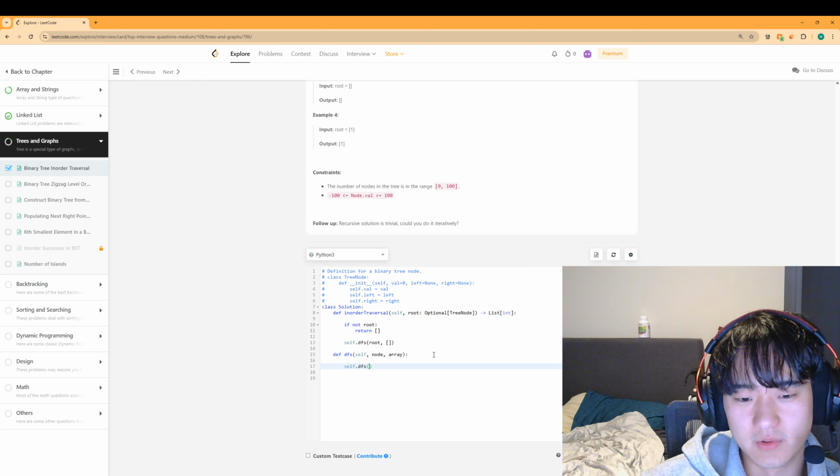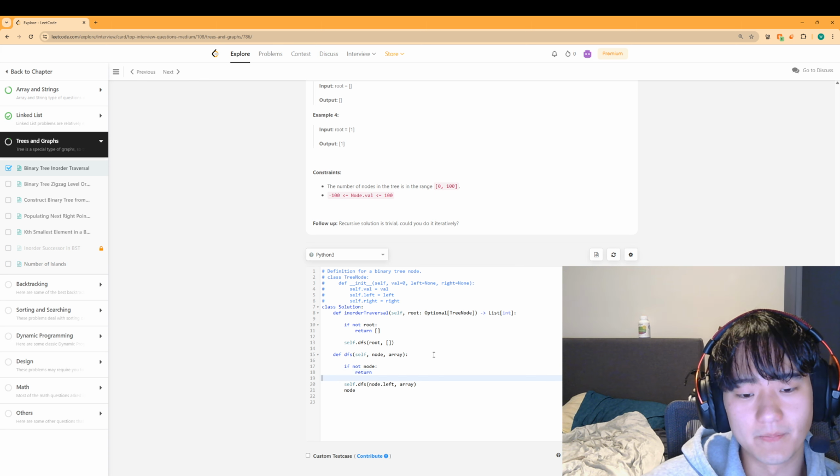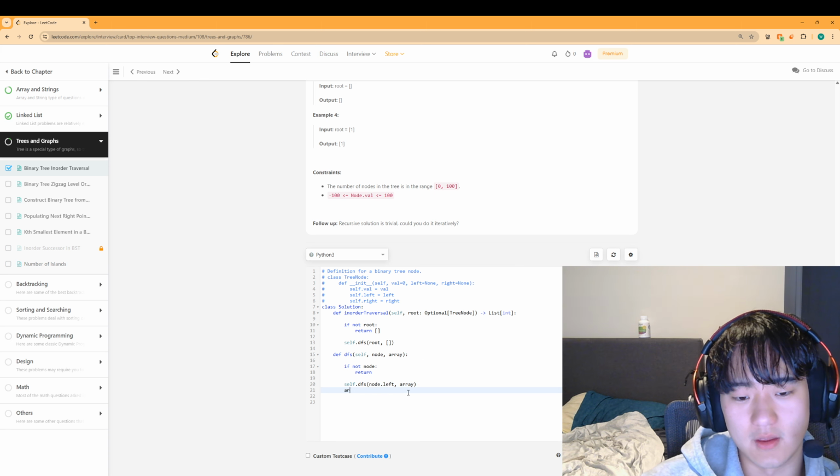So this is nice and simple. We're just going to be calling itself for the left node until we get to the very bottom. And then once we get to the bottom, we will be appending the node value. So we actually need a base case for DFS. If we are at the bottom, so if the node doesn't exist, we're simply going to return. That means that's the end. We're at the very left of our array. Once we're there, we can add this node value